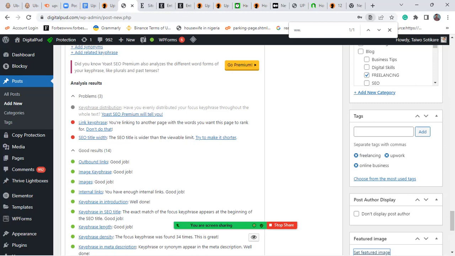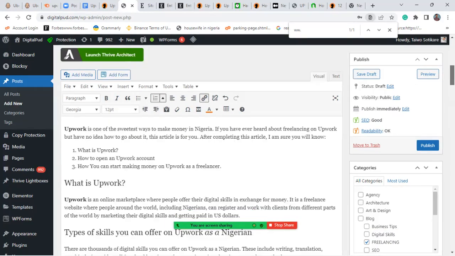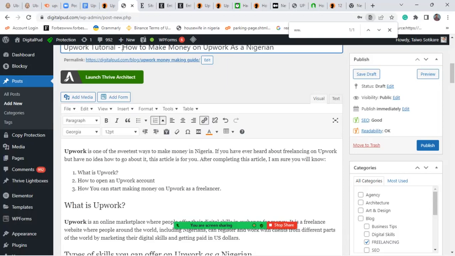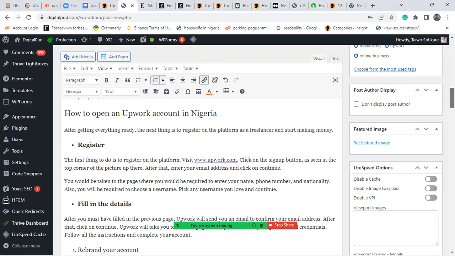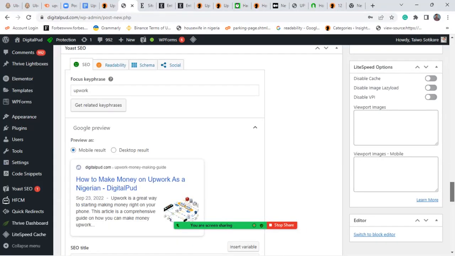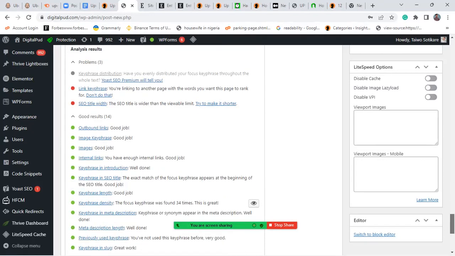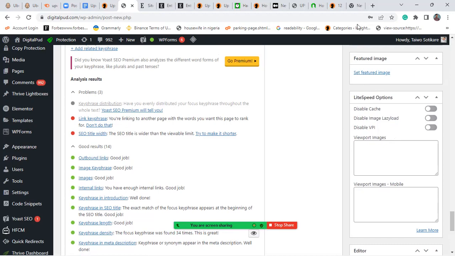don't mind this thing because I linked to Upwork and Upwork should be a competitor. So you should not really link to your competitor when you are writing an article, because you are competing with somebody and then you are linking to the person's article. Who does that? So you get that kind of strategy. But the fact is Upwork is not really a competition here because I'm basically writing an article about them. So if I want to follow it like a robot, I will change it. But then I don't have to, you remember. But I was trying to talk about